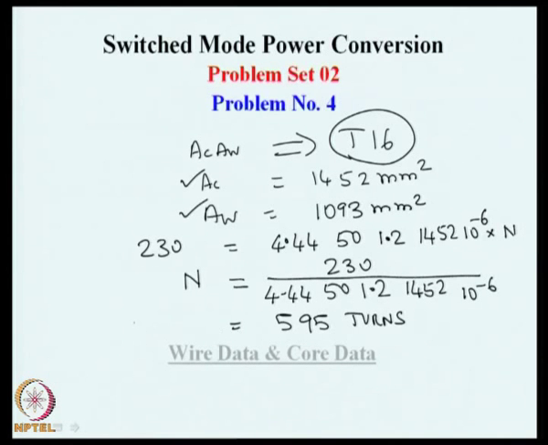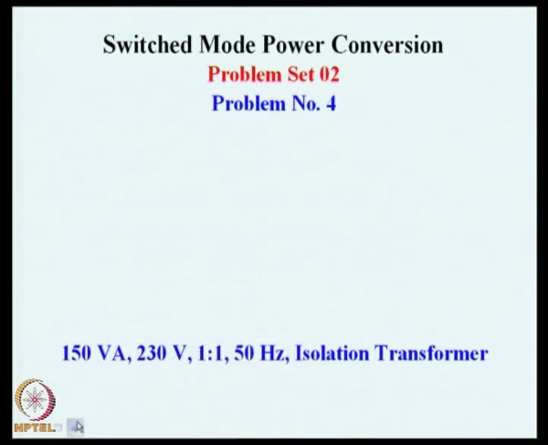And because this is a 1:1 transformer, the primary and secondary are equal. N1 is equal to N2, that is 595 turns. We might go to the next step and see what is the RMS current. It is 150 VA divided by 230 volts, and that number is